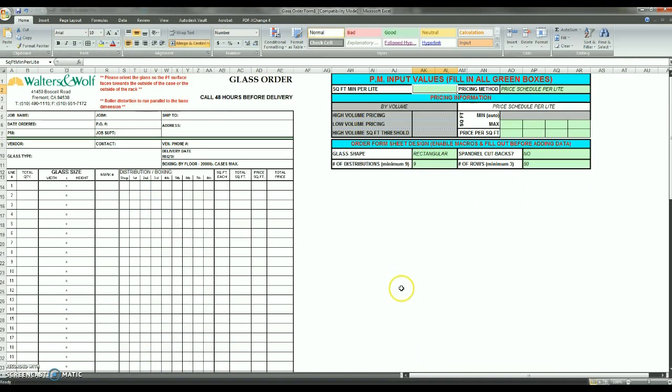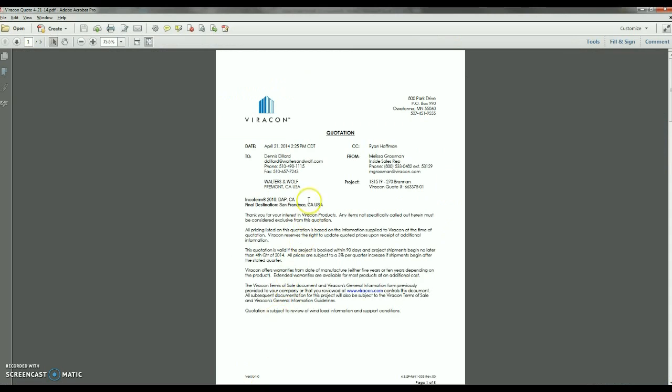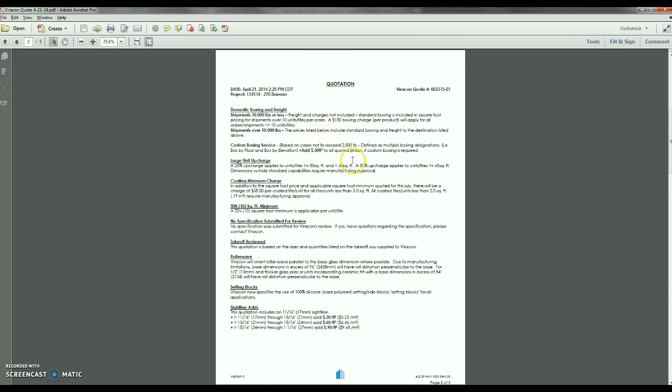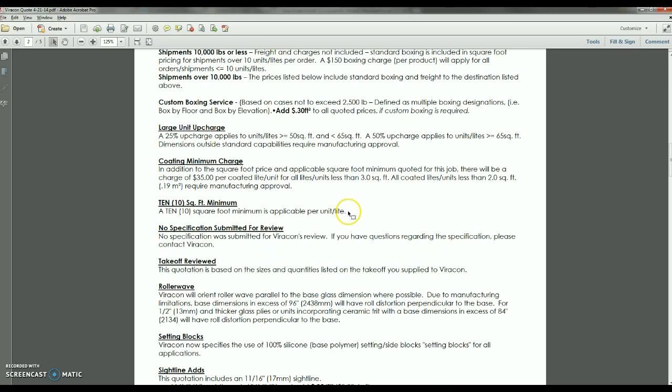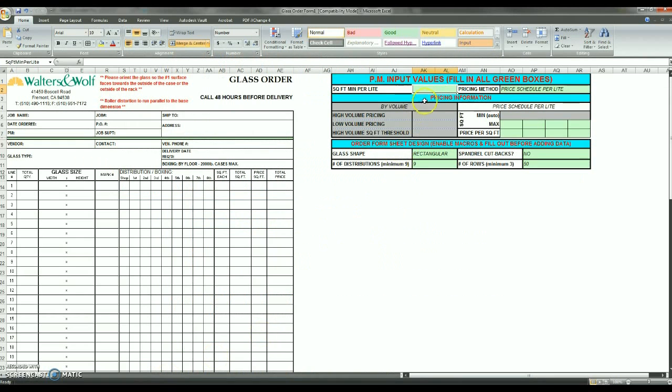Now that you have all your necessary documents open, we'll work left to right and snake down the green cells, filling them out as we go. So we'll start with the square foot minimum for light, and if you flip back to your vendor quote that you should have open, you'll see that on there. For ours, if we scroll down to our second page, we'll notice that one of the main qualifications on here is that we have a 10 square foot minimum per light. So we're going to go back to our glass order form, and we're just going to plug in 10 for